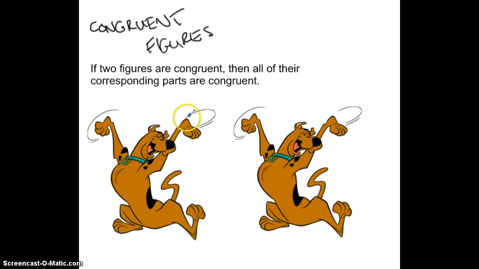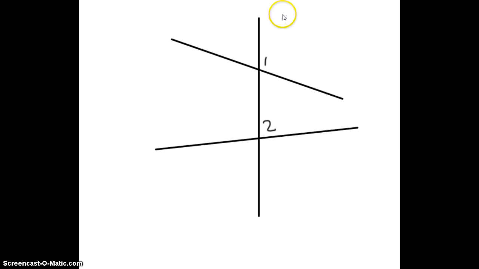So if you take a look at Scooby's right paw, it's going to be congruent to the corresponding part in the other Scooby, the right paw up here. And if you take a look at Scooby's tail, that tail is going to be congruent to the corresponding tail in the other Scooby. We need to be careful when we use the word corresponding, because in this scenario, for